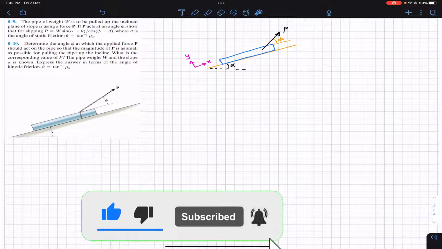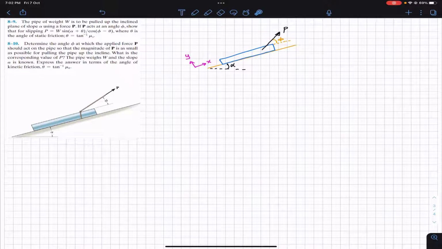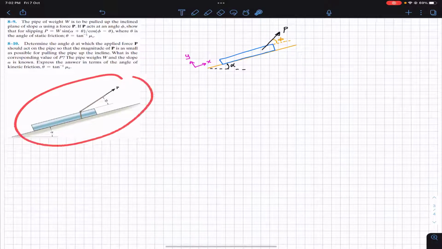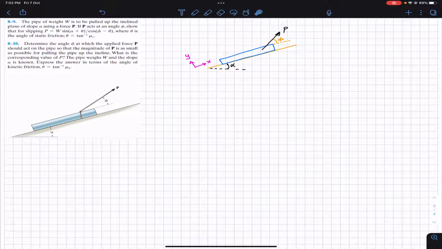Now we are going to solve these two problems which are related to this diagram. So it's from the friction chapter, right? The first problem says that a pipe of weight W is to be pulled up the inclined plane at slope alpha using force P. If P acts at an angle phi, show that for slipping P equals this, where theta is the angle